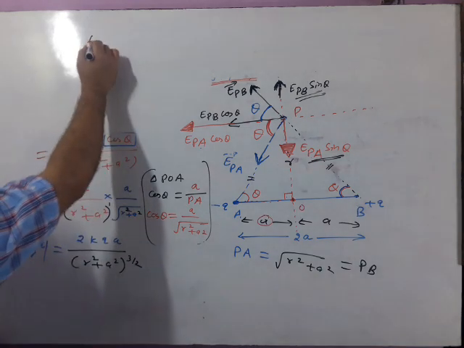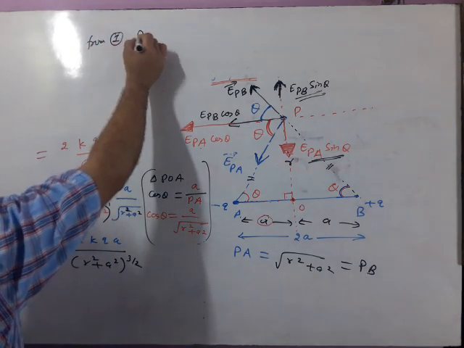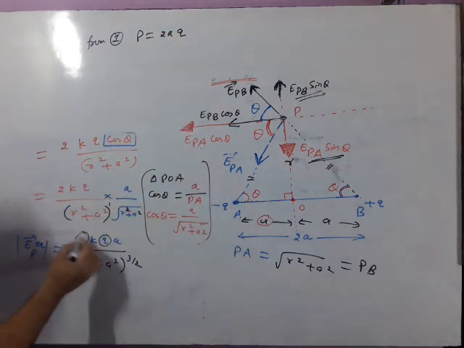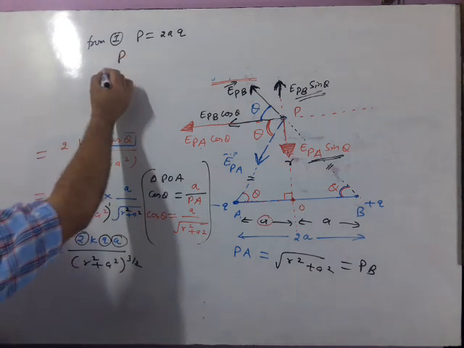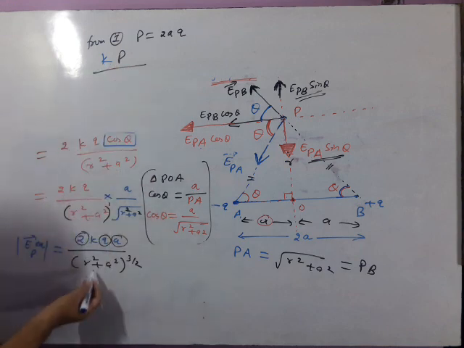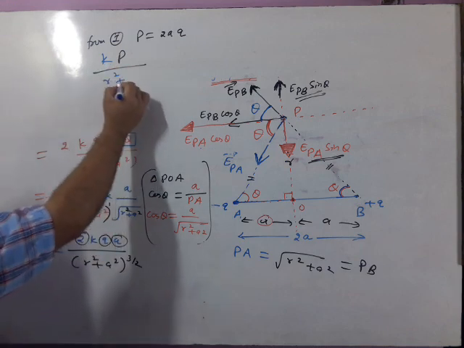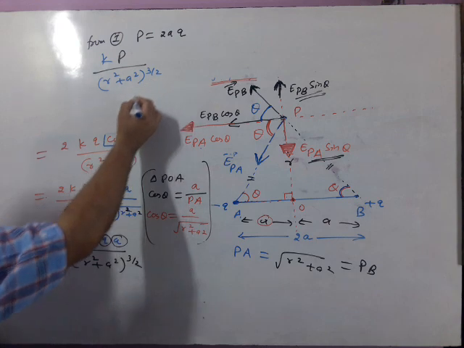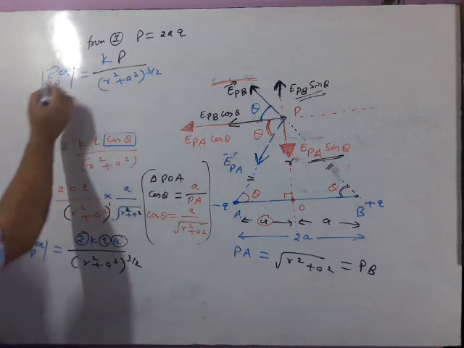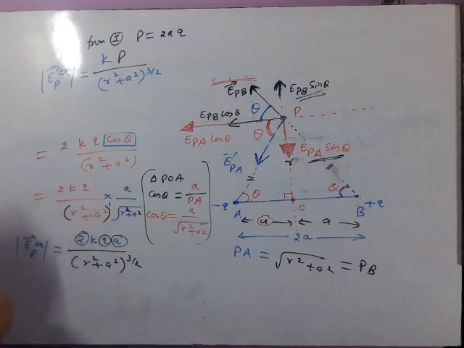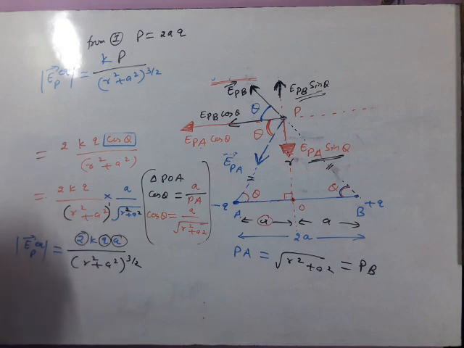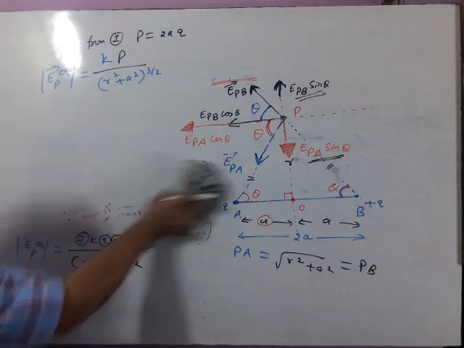Now from the first, we did write dipole moment is 2aq, or q into 2a. So q into 2 into a. We can write dipole moment in place of 2aq. So write properly k into p upon R square plus A square whole power 3 by 2. It is the mod of electric field intensity on the equatorial line, or broadside position, or right bisector line. Now this is in magnitude. Now what about direction? Breathe in slowly and gradually.